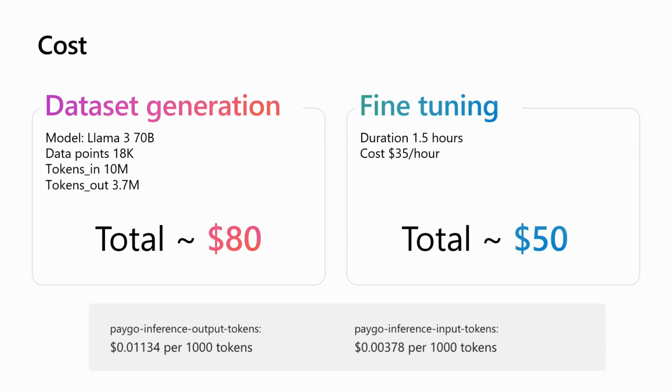Then, how much did that experiment cost in terms of dataset generation and fine-tuning? So the dataset generation using Llama 370B with 18,000 data points consumed 10 million input tokens and 3.7 million output tokens for a total of $80. And the fine-tuning took an hour and a half at $35 per hour. So for only $50, so for a bit more than $100, you get an awesome, very small and cost-efficient